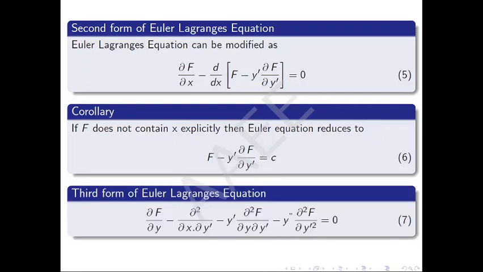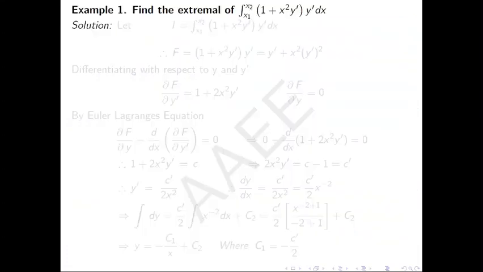The third form of Euler Lagrange's equation: del f by del y minus del 2f by del x del y dash minus y dash del 2f by del y del y dash minus y double dash, that is the second order derivative of y with respect to x, del 2f by del y dash square is equal to 0. Let us see some